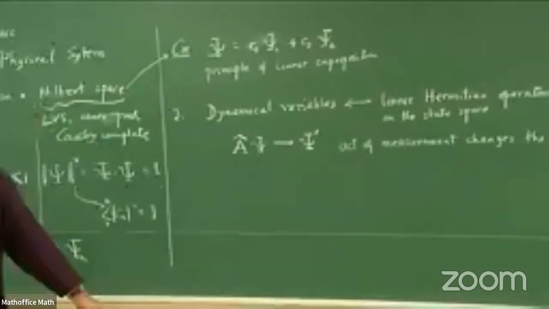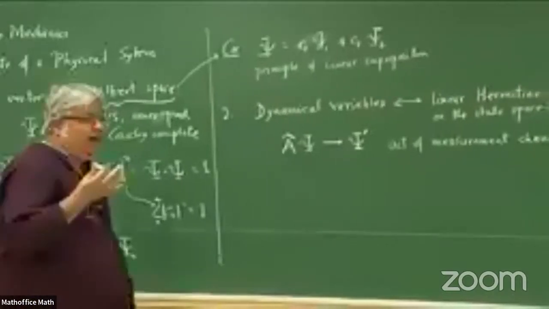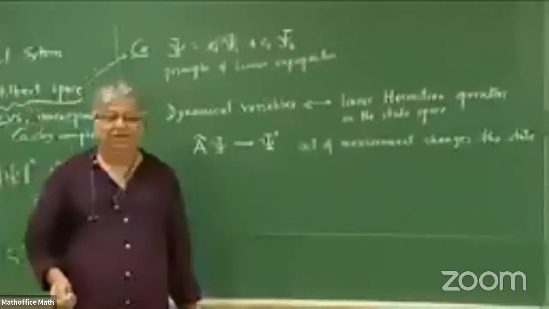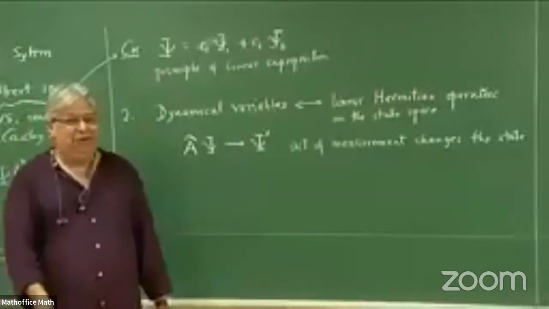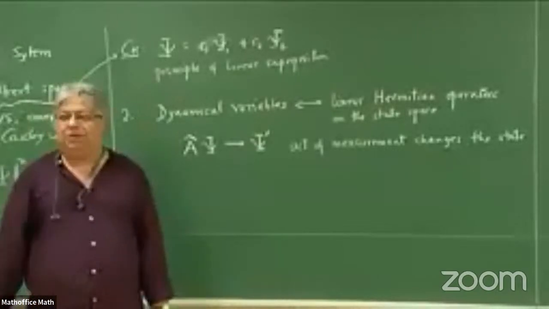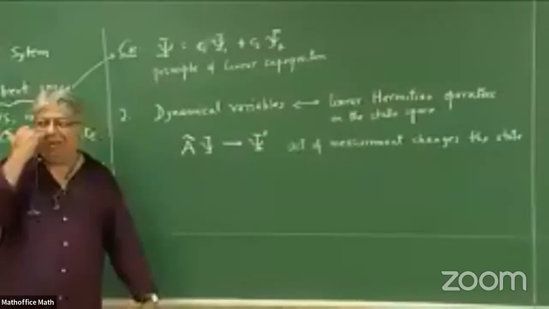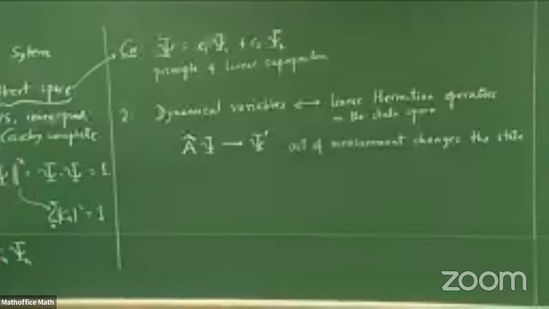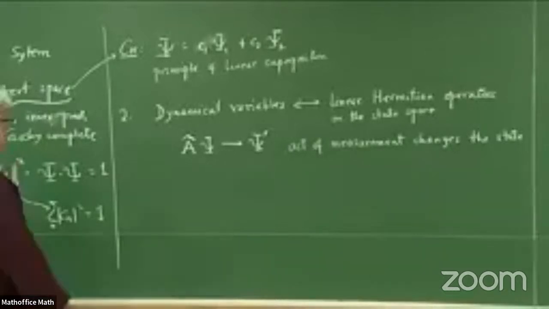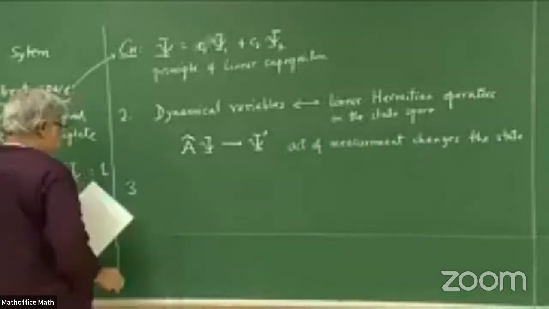Now you will ask, of course, how do I do anything with a system like this? It is like trying to pick something up and find out what the position is, but the moment you touch it, it rolls away. So wherever you pick it up from, it has no meaning. So therefore, that brings us to the third postulate, which is that